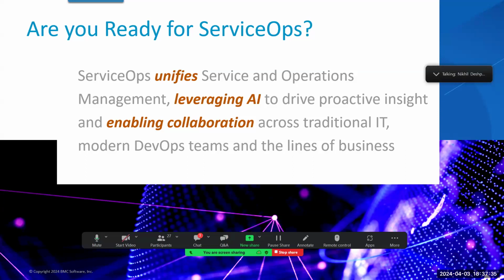And this fosters collaboration across all those units that need to work together, whether it's traditional IT teams across service management and operations management, modern agile DevOps teams, which are typically spread out into the business, enable DevOps to succeed in your organization, as well as lines of business. Today,